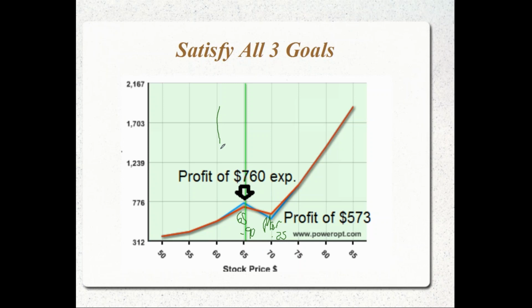If stock is trading, let's call it 62.53, and I sell a 65 call for 90 and buy a 70 call for 25, this is a bear call spread, isn't it? Just the action of the 2 March calls would create a bear call spread. We'd receive a credit of 65 cents for a 5-point spread,